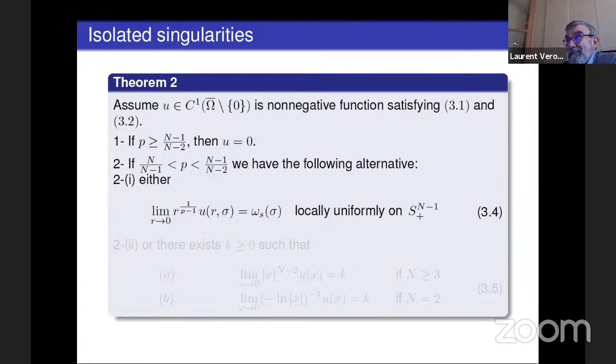Okay, so one more question from Anup Biswas. He's written, if we have two singular points at the boundary and the blow up at the singular points are of different order, then what can we say about existence and non-existence? Okay, no problem. Since the problem is with absorption, you can have many types of boundary blow-up. You can have one blow-up with a Dirac mass and another blow-up with a strong singularity.